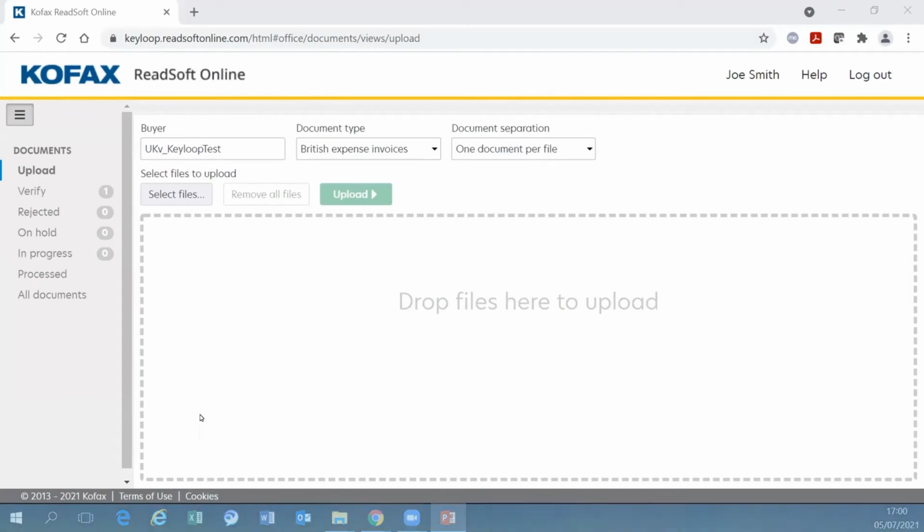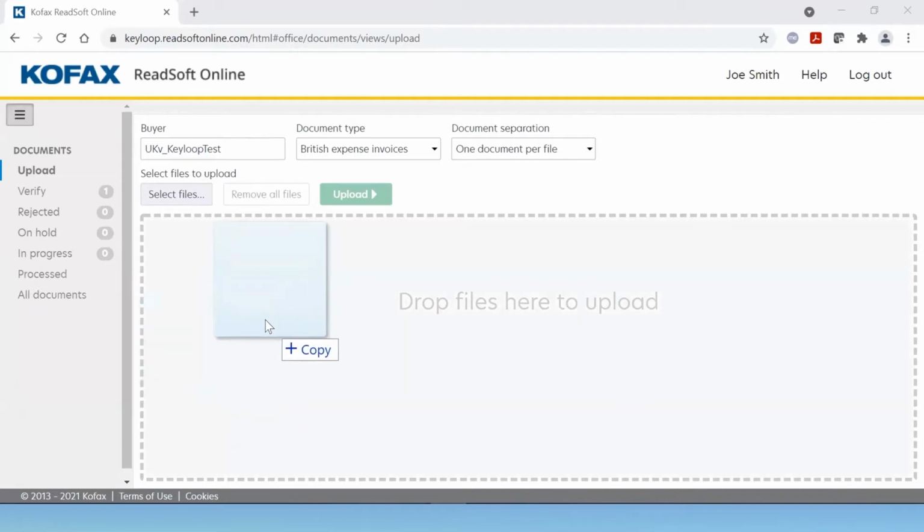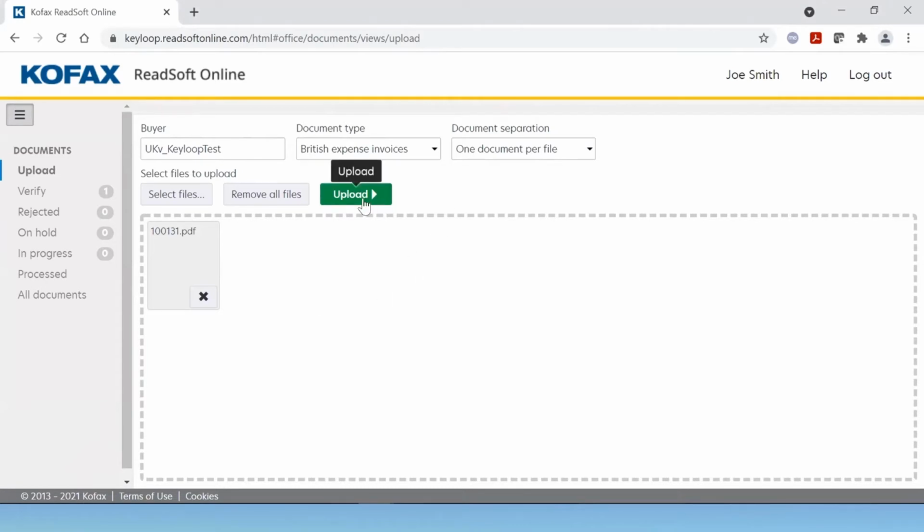This is a ReadSoft Online user interface for an accounts payable user. We're in the upload area of the screen, and I will drag and drop an invoice that I've received into this area here. This is invoice 131. So this could be a document that's been received by an email, and we're dragging the attachment from the email directly into ReadSoft Online, or it could be something on your folder or on your laptop. If I press the Upload button here,